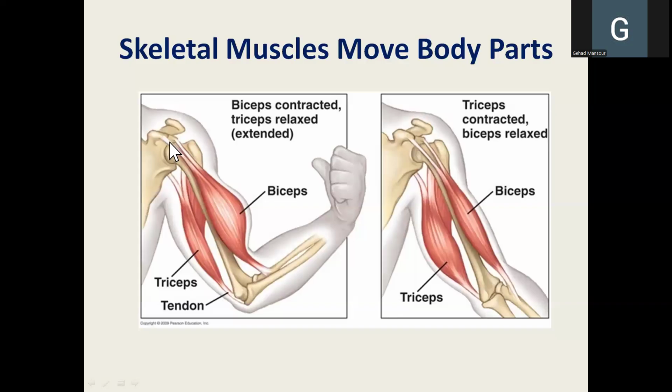The biceps muscle, in order for it to cause flexion of the elbow joint, has to stretch across the elbow joint. And this is one important condition for a muscle to move a joint. The important condition for a muscle to move a joint is to extend across that joint. Sometimes the muscle stretches across the joint, but in a position that does not enable it to move the joint.